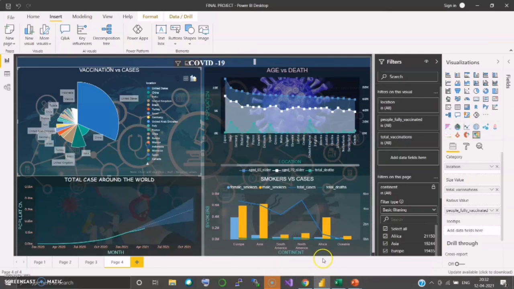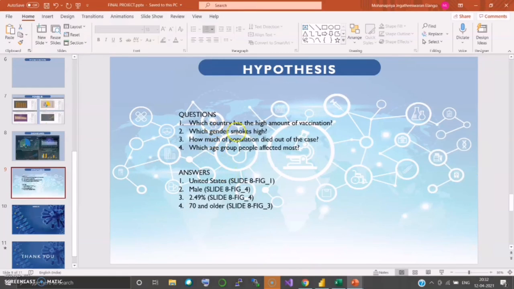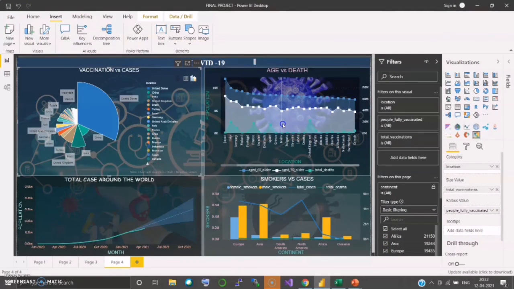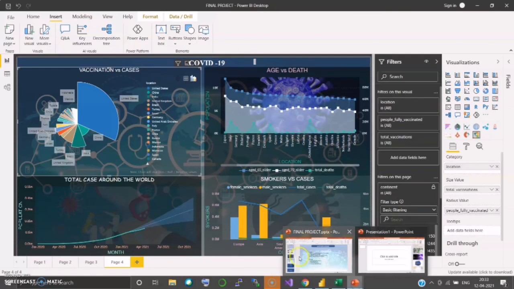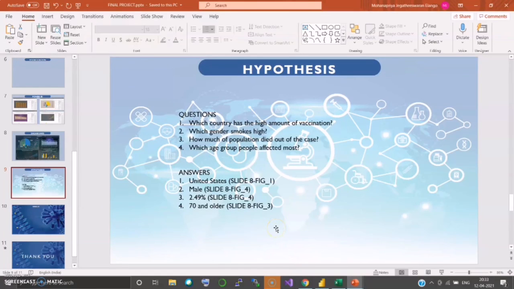The next question is, how many people died out of the total cases? We can find that here itself, because we have the total cases and total deaths. Blue is the total cases and the other is total deaths. I calculated manually, and it comes to around 2.49%. Which age group of people was affected most?